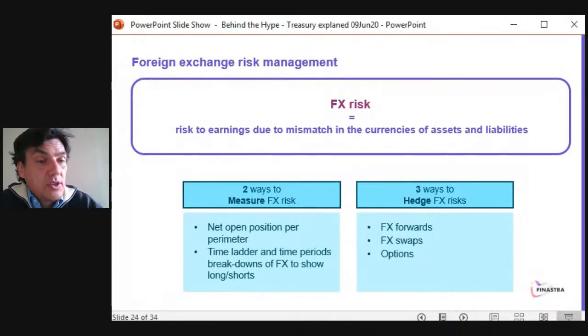So you have two main ways to measure your FX risk. Obviously, one is how much cash you have in that currency. So it's your net open position, and you can look at it per perimeter, per legal entity, or for the whole bank. Okay, so that's one thing. And the second thing is obviously you need to look at a kind of time ladder with your FX exposures. So how much of that currency will I receive by X days? So on the 10th of August, will I receive some dollars, some euros, some sterling, some Singapore dollars, whatever? So I need to know, and maybe I will need to hedge myself against this.